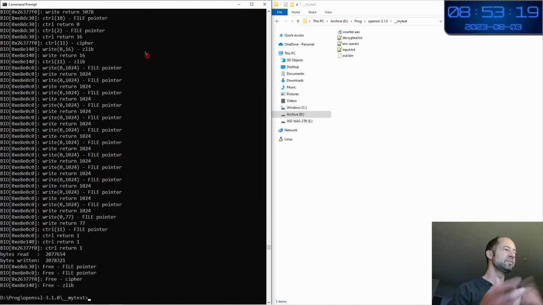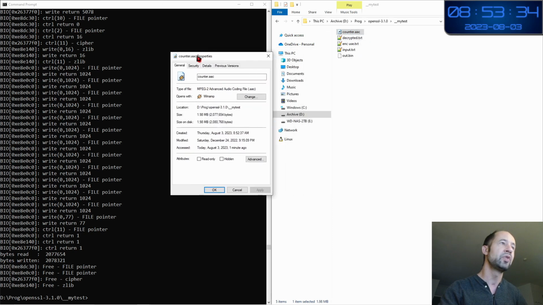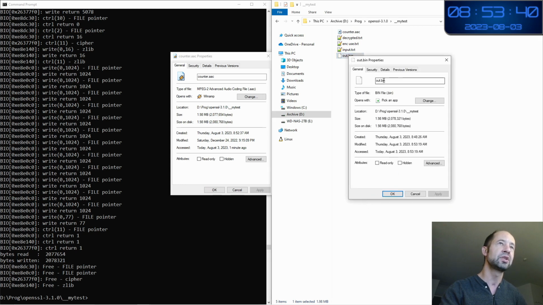So here you see it is making a lot more work because I have put the debug output, so there are more things, but no big error which is obvious. Let's look at the size also. What is interesting is to compare the size. The counter AAC is 198. The output binary, which should be encrypted, is 198.